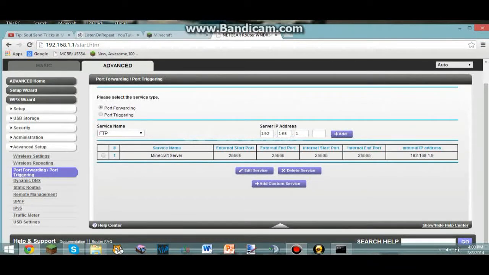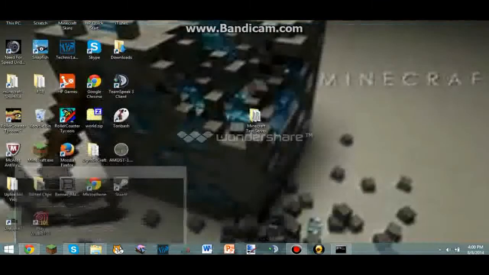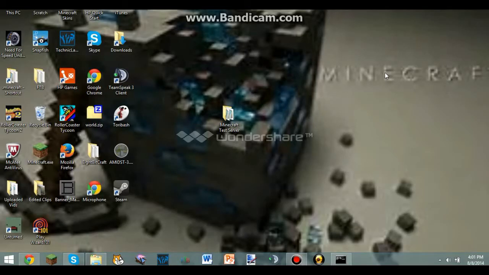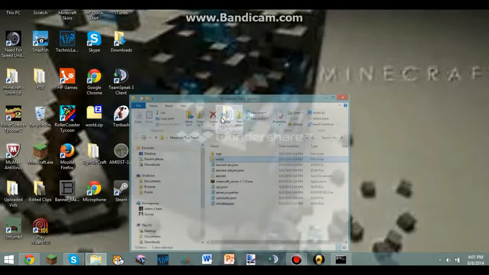And that is the hard part done. That is the most difficult part of creating a Minecraft server, done. So I can X out of that, minimize this, and now there. So there's a couple more things we have to do. We have to actually set up